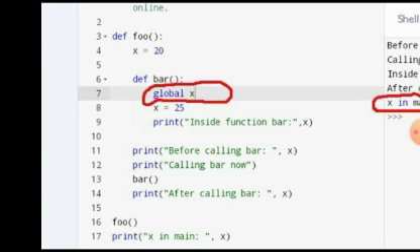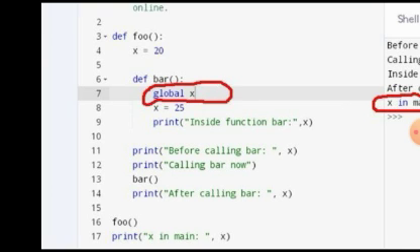After printing this line, the function will return to the main code, which is written on code lines 16 and 17. This is the main driver code. Using it, first of all we call the foo function, and after foo has finished executing, we print the value of x in main. We have written on line 17, print x in main. So after foo returns control to the main function, we will again print the value of x in the main program.